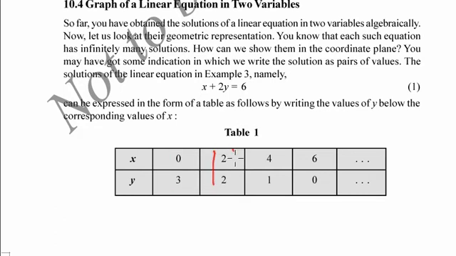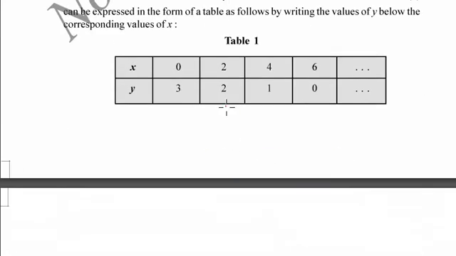Does 2, 2 satisfy the given equation? x is 2, y is 2. 2 times 2 is equal to 4. 2 plus 4 is equal to 6. Yes, even this satisfies the given equation. Even 4, 1 will satisfy the equation. 6, 0 will also satisfy the equation, and so on. We know how to plot a graph in two dimensions. Now let us name the horizontal line as x and the vertical line as y. This is the starting point, 0. And the distance between two markings should be equal.